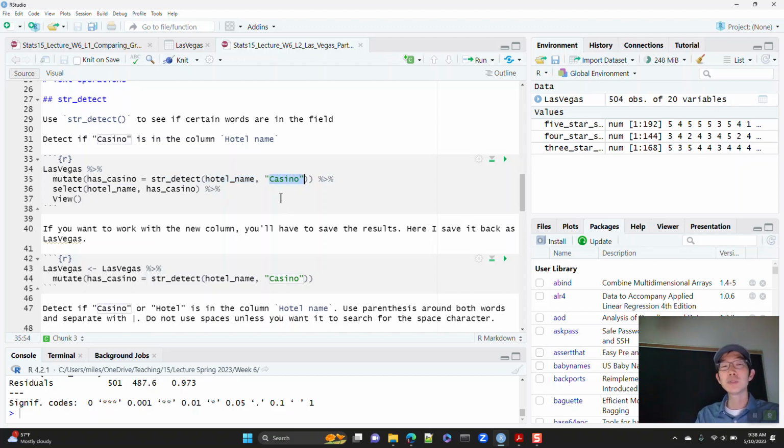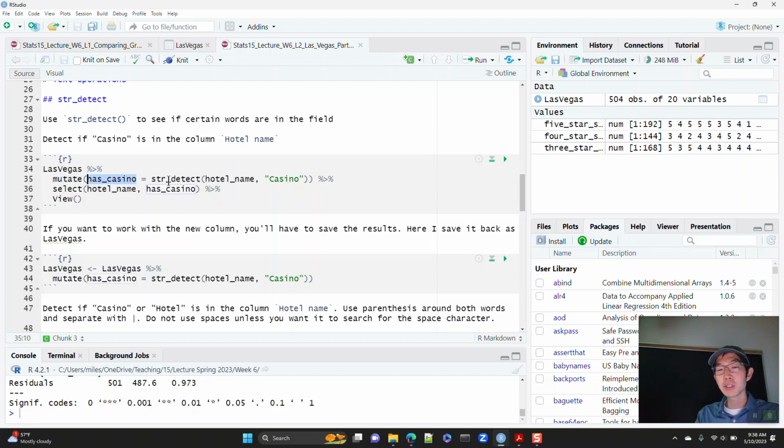And if you do, okay, string detect will return either a true or a false. Basically, a yes, I detected the word casino, or no, I did not detect the word casino. And because we're going to create a new column based on this, we're going to use the word mutate. So I'm going to take Las Vegas and create a new column using mutate.